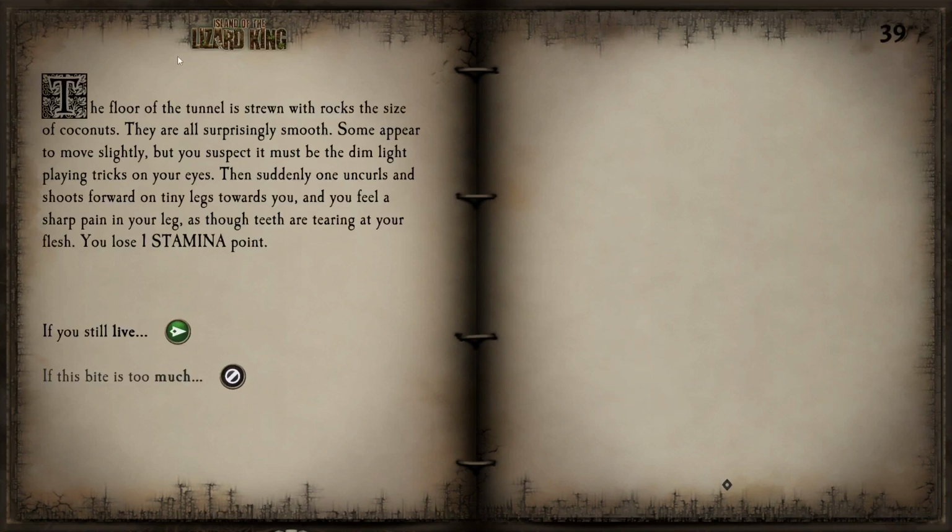The floor of the tunnel is strewn with rocks the size of coconuts. They are all surprisingly smooth. Some appear to move slightly, but we suspect that it must be the dim light playing tricks on our eyes. And you know what? I would be more careful than that. Even if it's the light, we still should be prepared for all eventualities, because suddenly one